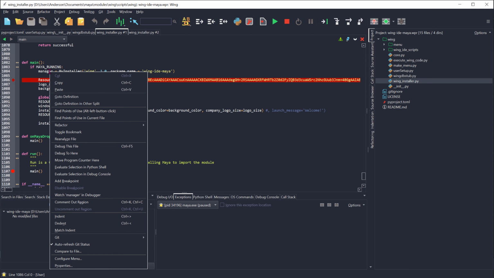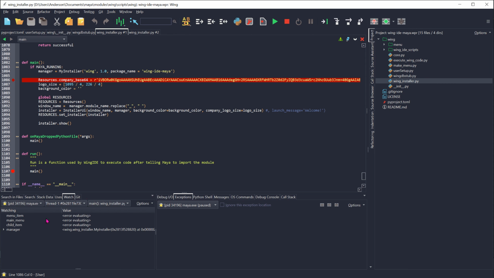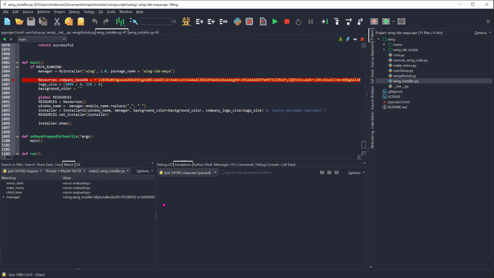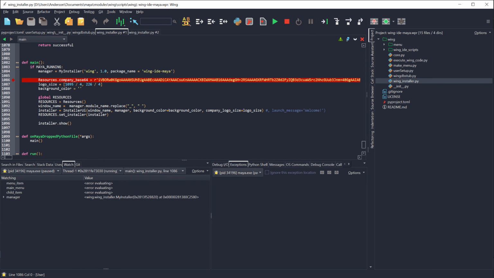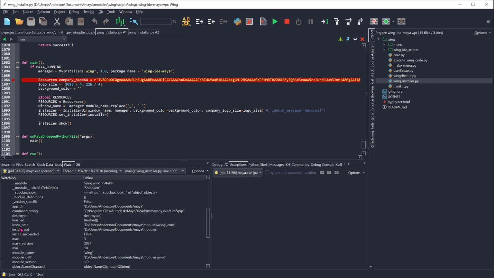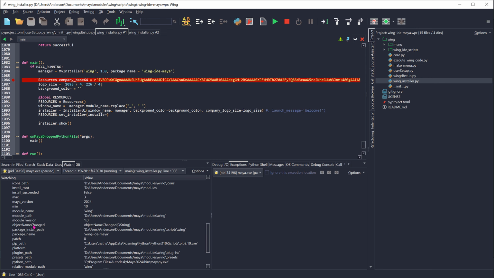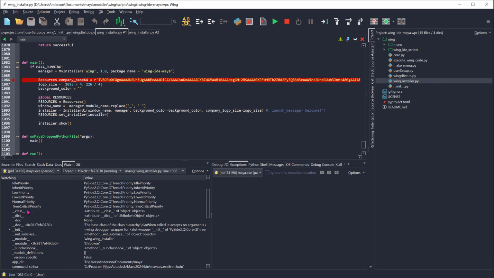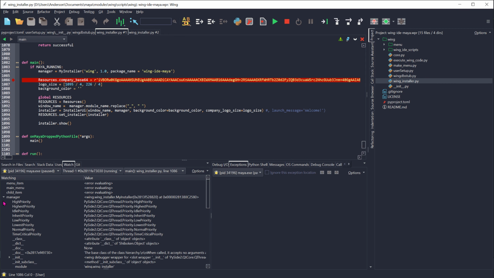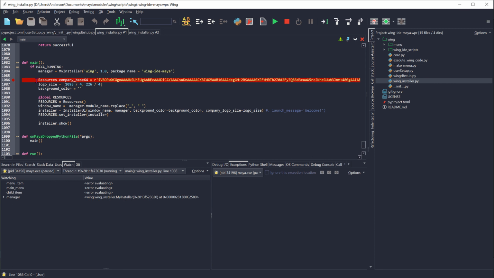I can actually right click on this and say add a manager to the watch. The watch window is down here at the bottom left. Essentially, it gives me the ability to open it up and examine all of the values of the variables within this object that I have. It's a really nice way, if you have variables that might be changing and you want to watch the value of those, to add them to your watch window as you step through code